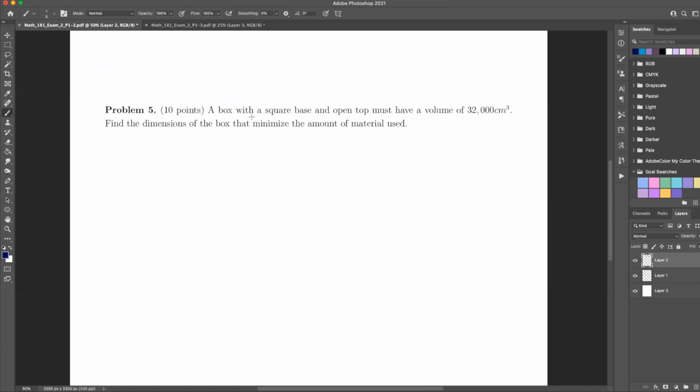Okay. All right, for this one. So we want to have a box with a square base with an open top, must have a volume, must have this amount of volume, so 32,000 cubic centimeters. Find the dimension of the box, which leads to the least material used. You should have had a problem like this on the homework, but let's just go ahead and run through how I would do it. All right, so we have a solid line here,